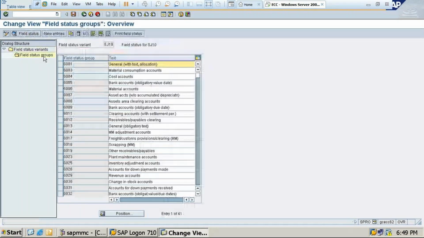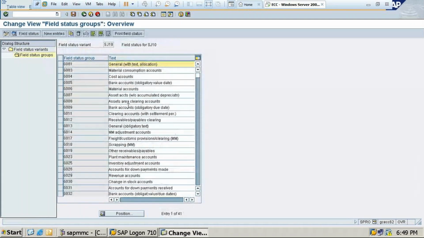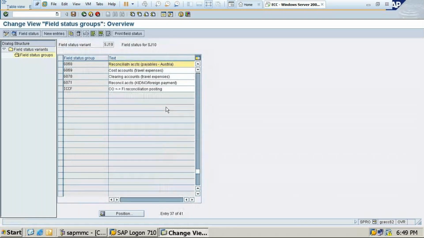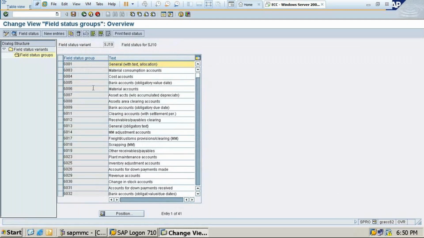click on this. So you can see these are field status group students. One task I'm giving, you can write all the field status variant. Once you do till this much, please write what is that. Nothing more to write. Generally, I'll tell you. Now only you can make a note: G01 is used for SAP FI financial accounting, that you have to select, because it's related to material management also, it is related to production and planning also, so that is not required.